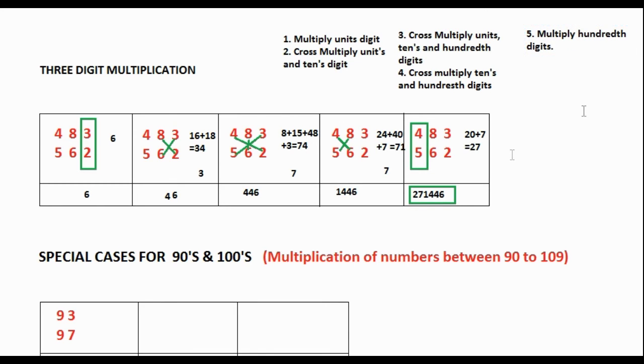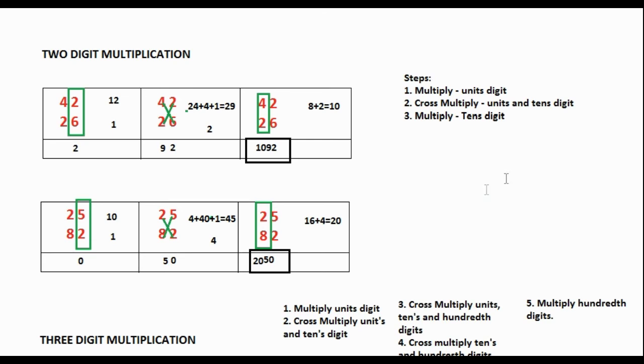If you look at the steps, you can actually observe some kind of patterns. In the 2-digit multiplication, in the first step, we had one product. In the second step, we had two products plus this carryover. I'm not taking this carryover under consideration. We get two products at multiplication. In the third step, we get one product. So this pattern goes like this: 1, 2, and 1, which means the number of products which you should get in each and every step. You can just remember this as a thumb rule.